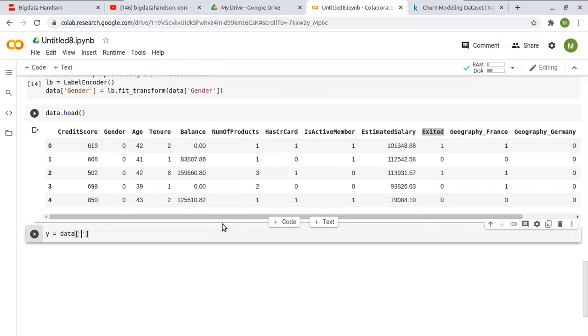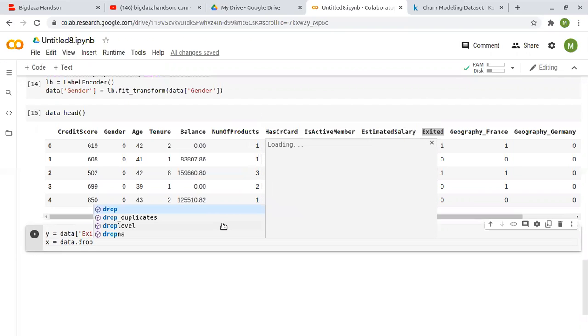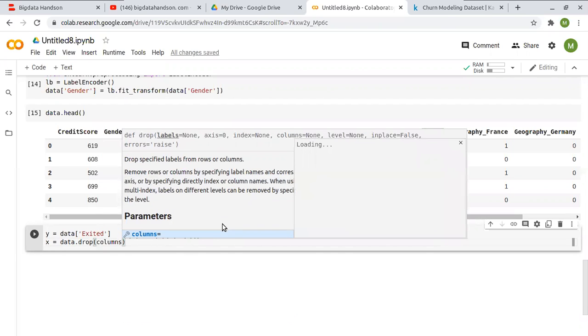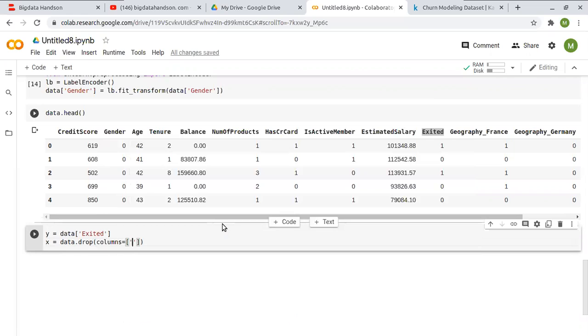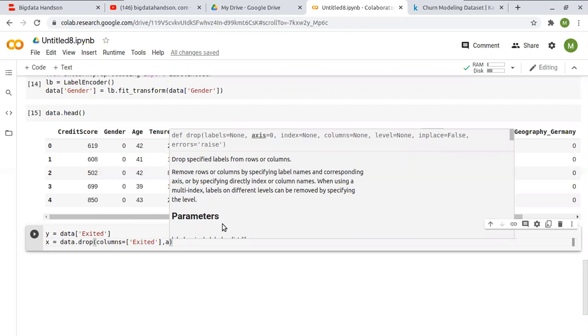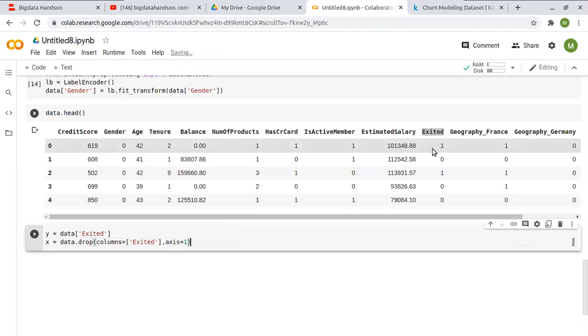So we'll assign the Exited column to the y variable, and then we'll drop the Exited column from the data with axis equal to 1. Now if you drop the Exited column in the dataset, you will get all other columns, right? So that's it.